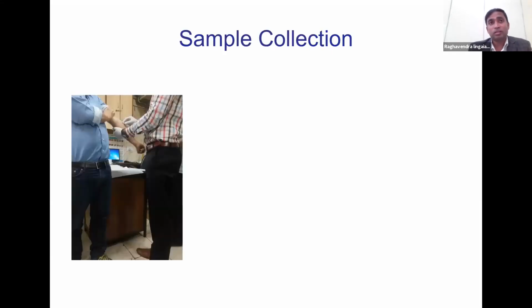If you see here, the sample is being collected in a lab, and the patient is standing. Although the person who is drawing the blood is wearing protective gloves, if you see here, the patient himself, instead of a tourniquet, is holding his arm, and the patient is standing. So it can lead to a lot of errors. First thing, there may be hemoconcentration, which can lead to deranged values. So it is not a good way to collect a blood sample.